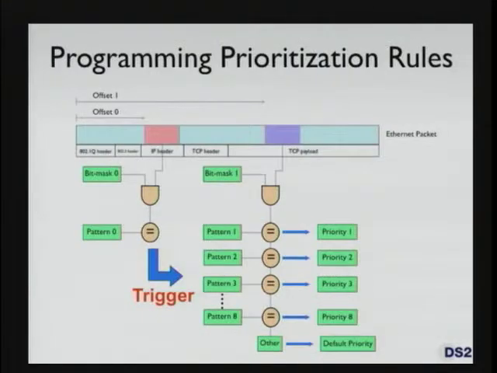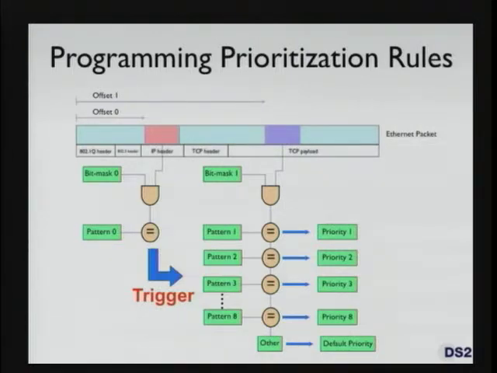And the way it looks is something like this. The Powerline chip can look at the whole Ethernet frame. This is the whole Ethernet frame with the 802.1q header, Ethernet header, IP header, TCP payload. Because we have access to the whole packet, we can look at different offsets in the frame and use that to create rules. So for example, here we can look at offset 0, get this information, mask it, and compare with a pattern. And if it matches, then we trigger this whole process here where we go to a second